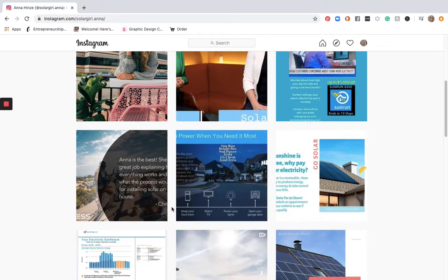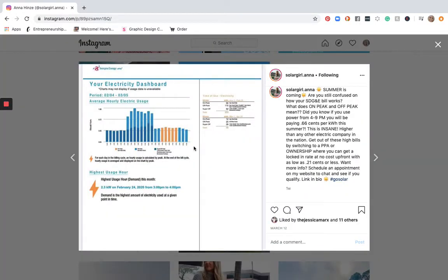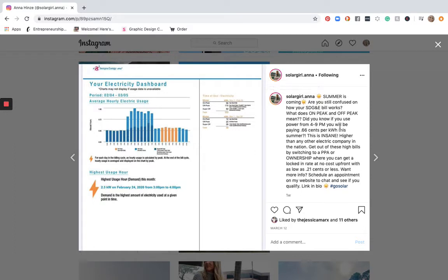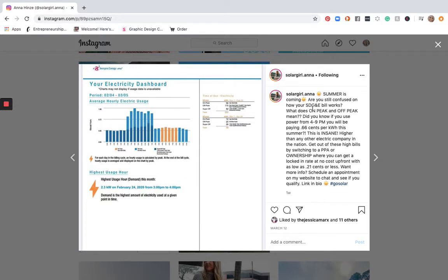And then also, I wouldn't have this many graphics that are this text heavy. That's not something that's going to catch people's attention. And even though this is an excellent post, the image is not something that's typically going to be something people click on because, like I said, it's just so much data. So maybe I would start with some type of image you make in Canva that just says some type of shocking headline. Something like "summer is coming" is probably not the most effective headline. You could probably do something like